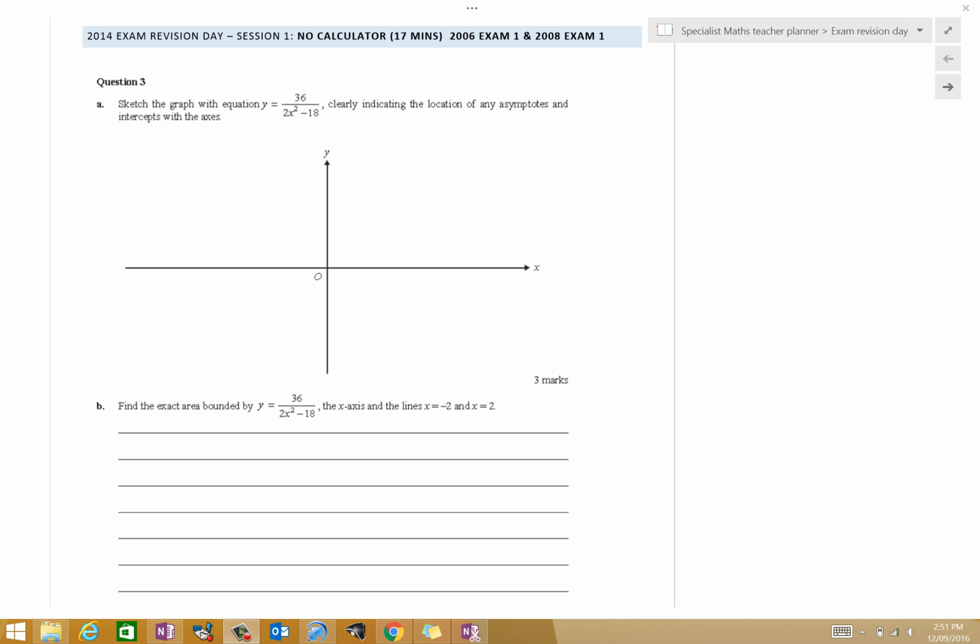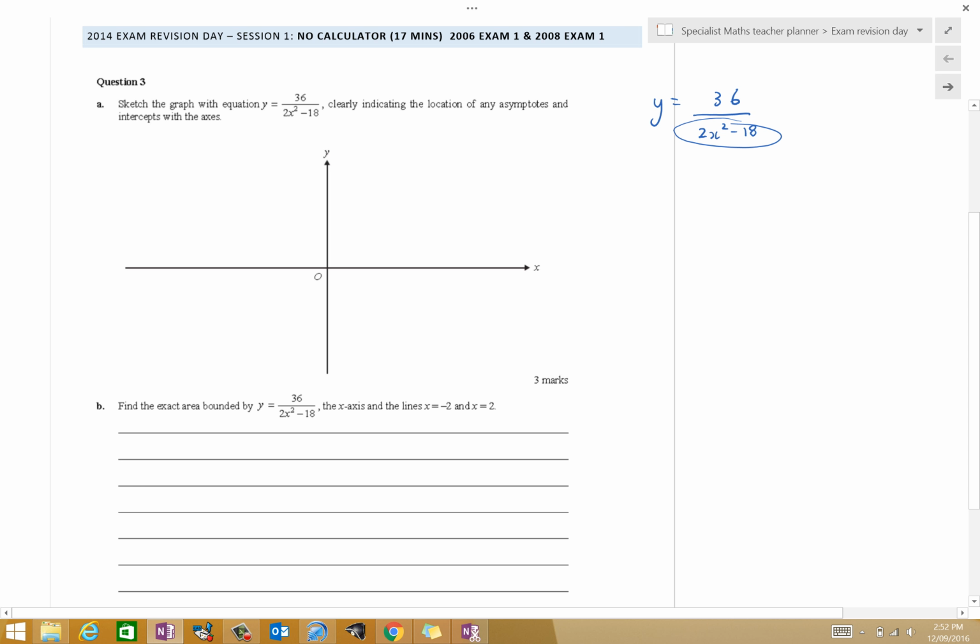So, session 1. The first thing when I do this is, if you have a grey lead, and I don't have a grey lead because I've got this little pen here, but if you want to sketch the graph of something like, if we have the graph y equals 36 on 2x squared minus 18, and if you were to sketch this graph here,